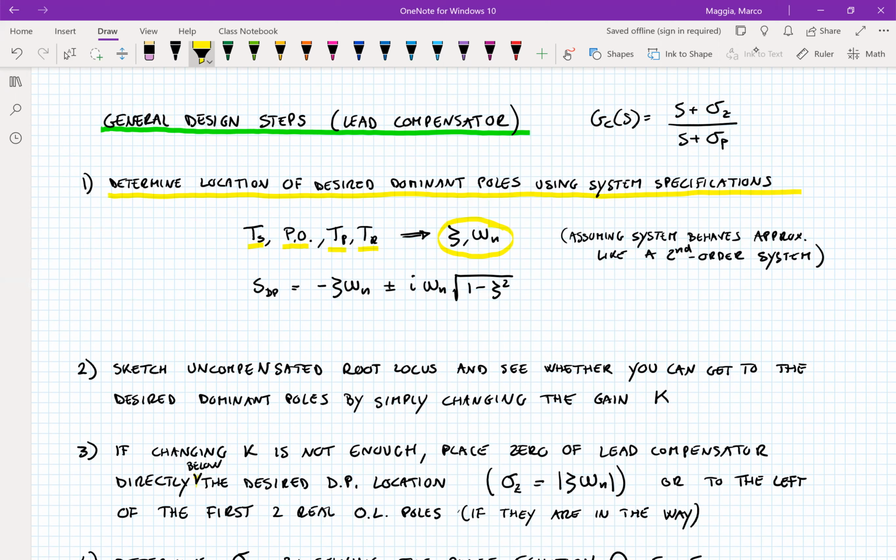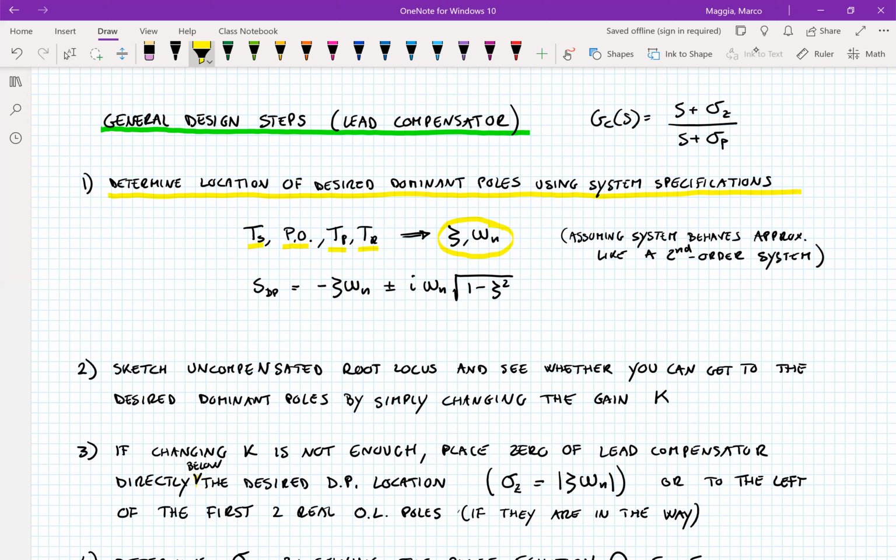And of course, this is valid assuming that the system will behave approximately like a second order system. In the example that we saw, we had exactly a second order system, but if we were dealing with a system that was order 3, 4, or so on and so forth, then it's all an approximation